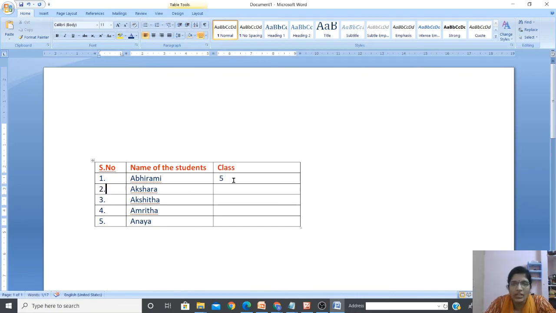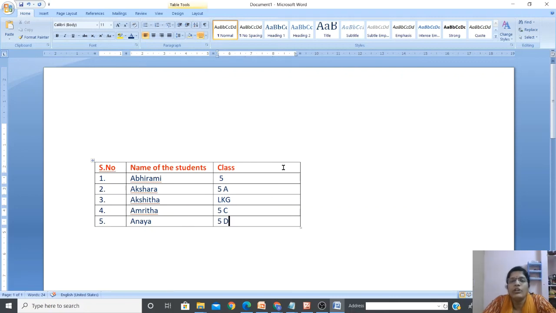The next one Akshara, it's also class 5A. Then Akshita, actually Akshita it's LKG, no? Okay, let me put LKG. Then Amarda is also 5. I'm simply typing. She is in 5C, then Anaya is in 5D. So I have written like this.